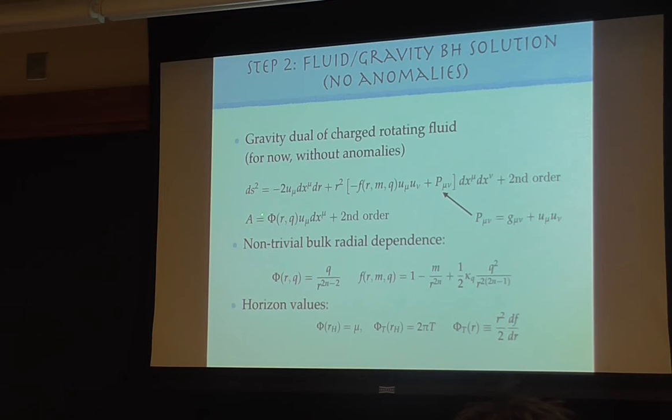Now, you remember that in hydrodynamics, I told you it's an effective description where you have u, which is the velocity of the fluid, and also temperature and some of the microscopic variables. The way that fluid/gravity works is that all these are supposed to be the fluid velocity on the field theory side. They're supposed to appear in a particular way. And then if you have turned on some background metric, this is a boundary background metric, it has to appear in this way.